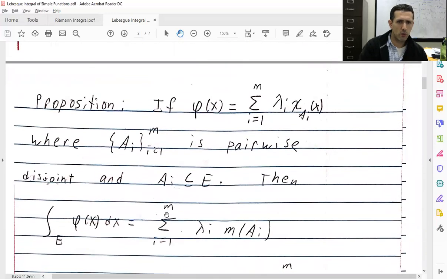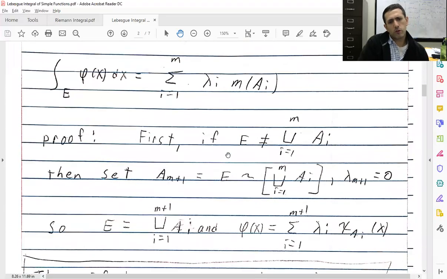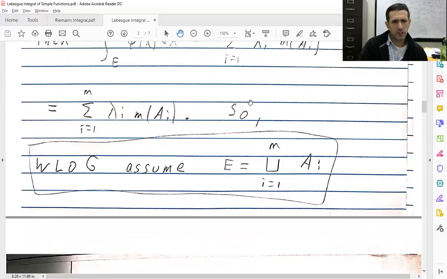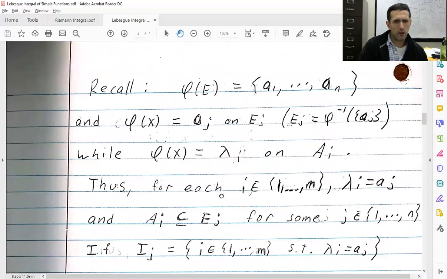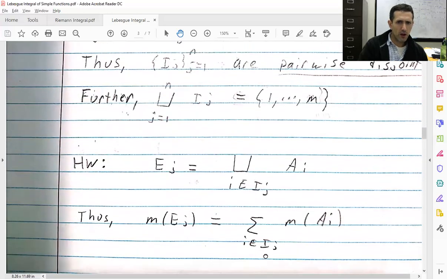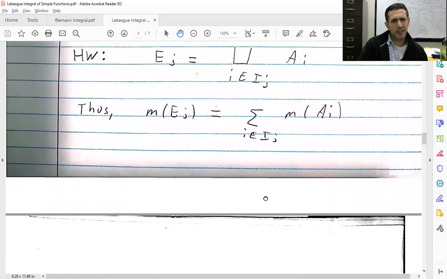This is exactly what we wanted to prove. And of course, remember, we're proving this under the assumption that the union of the A_i's, big A_i's, is E, which, as I mentioned, allows you to do the homework, which is that E_j is going to be this sum. Okay, so let's see now